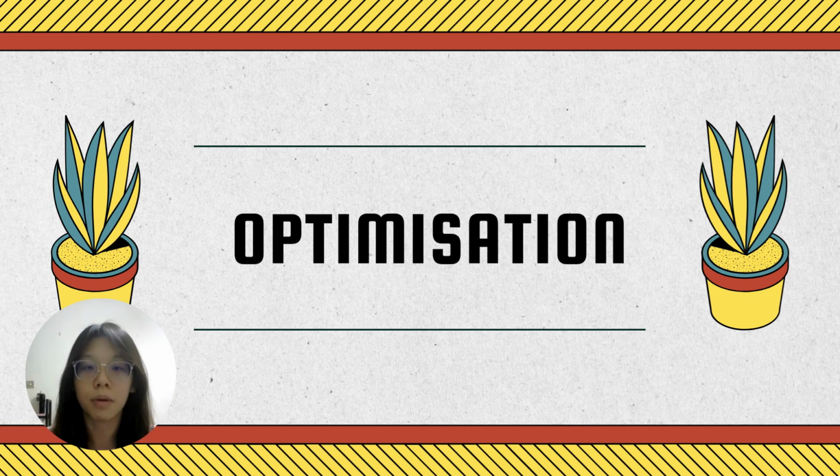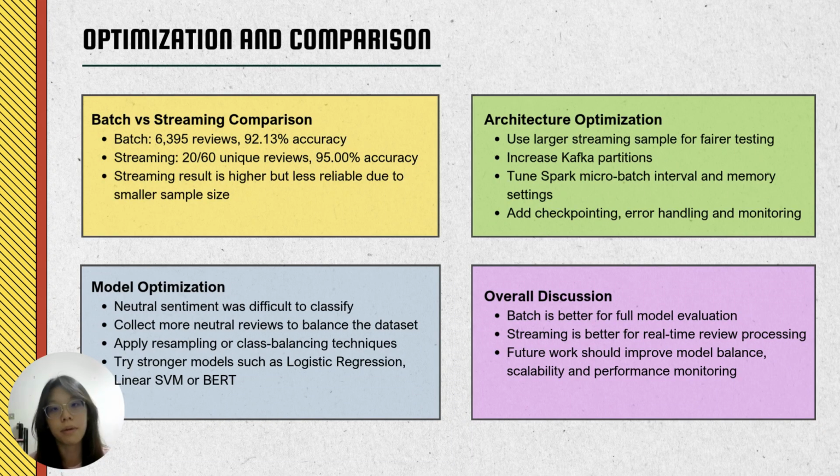Now I'll talk about some optimization, limitations, and improvements that could be made for our future project. For the comparison, batch processing used about 6,000 reviews and achieved 92% accuracy, while streaming achieved 95% accuracy using only 20 unique reviews across a total of 60 messages. Therefore, the streaming result is slightly higher, but it is less reliable because of the smaller sample size compared